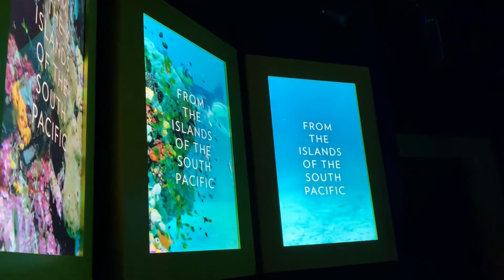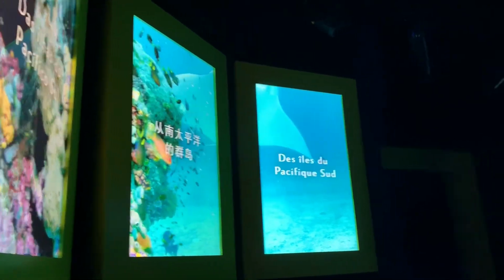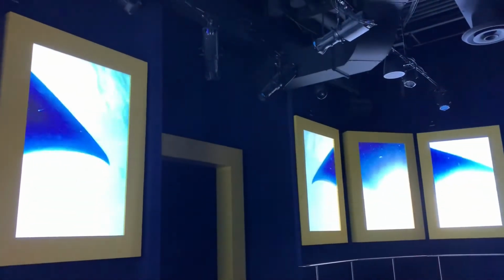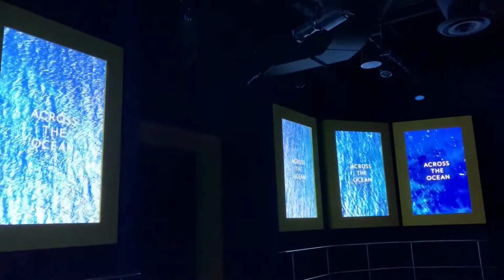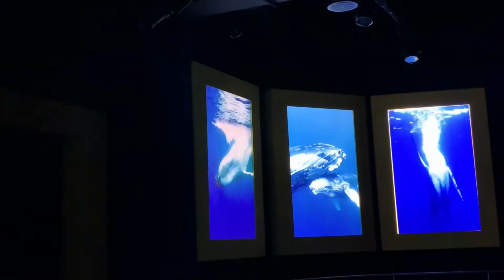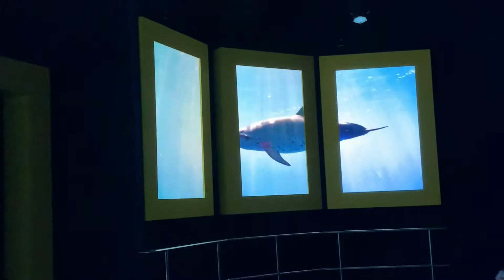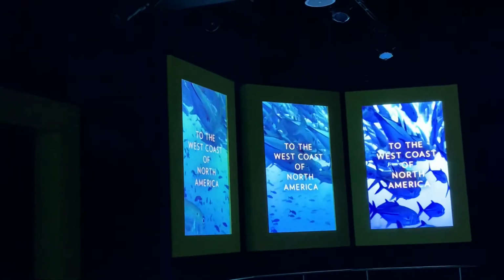Step into the waters of the South Pacific on the shores of the Solomon Islands. Out to one of the world's most beautiful coral reefs. You will journey across the Pacific Ocean at night. West coast of North America,